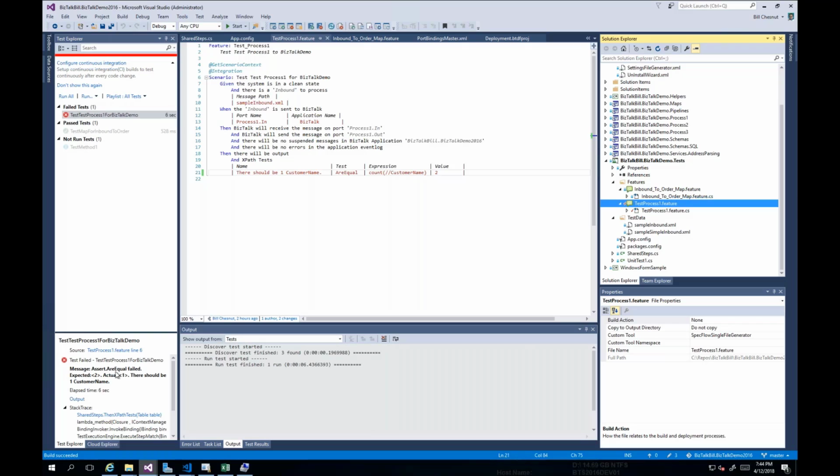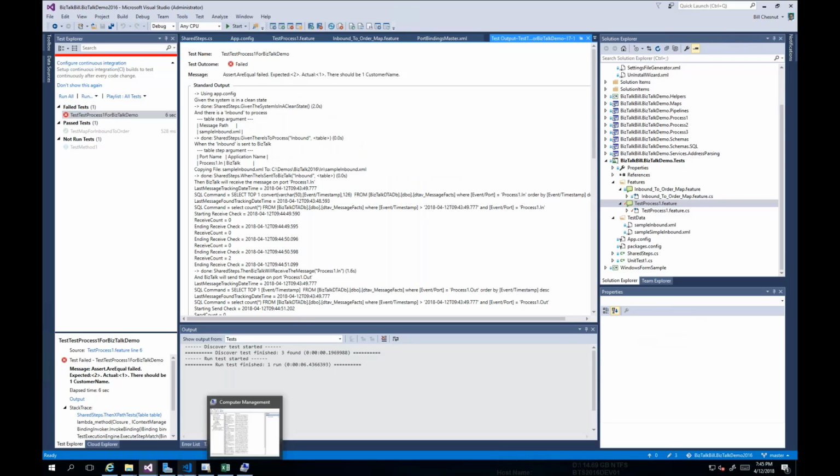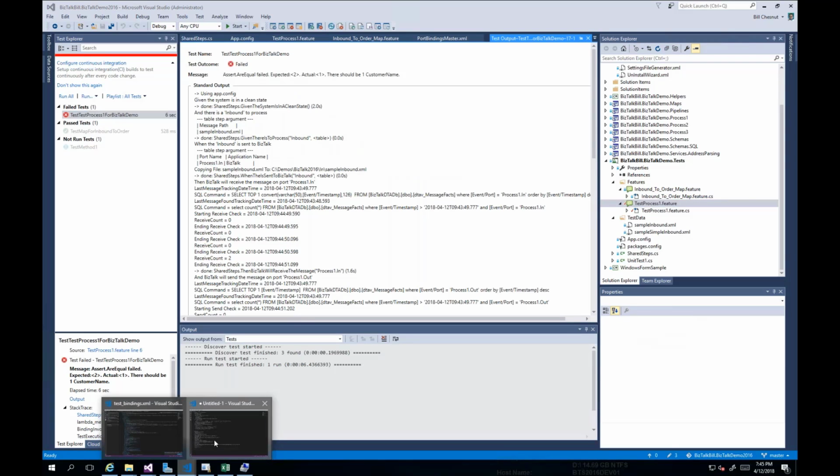It failed. It said the message expected one customer name. So there should be one customer name. That's where that ties it back to. Now let's go and look at the output. And this time I will have to do a copy all and go out here to Visual Studio Code,